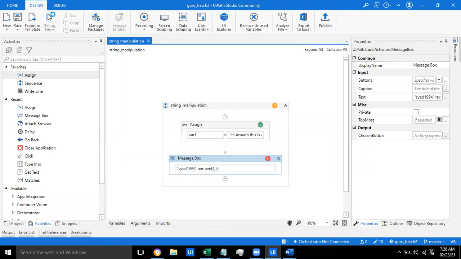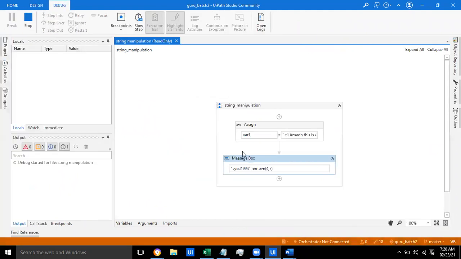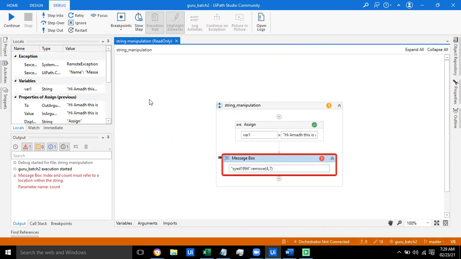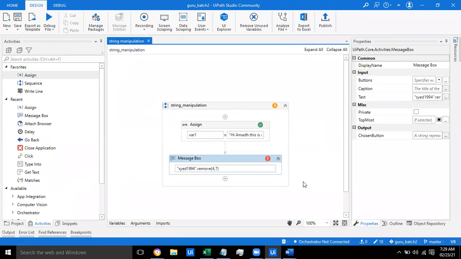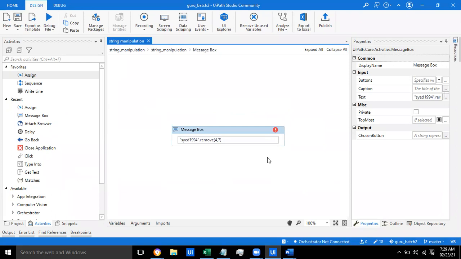What is this error? There's an error on top. Check that. Click on the error. Any idea why this error occurred? What is the error actually?